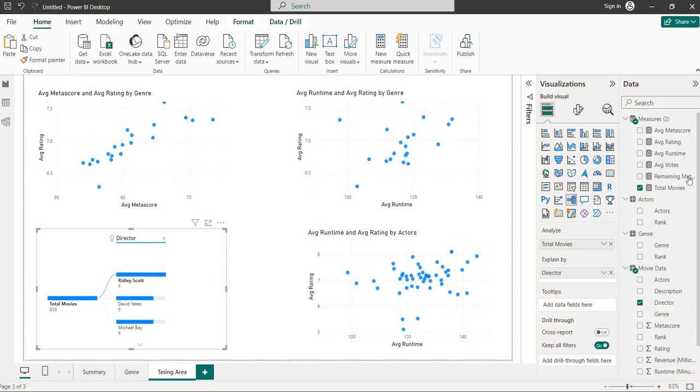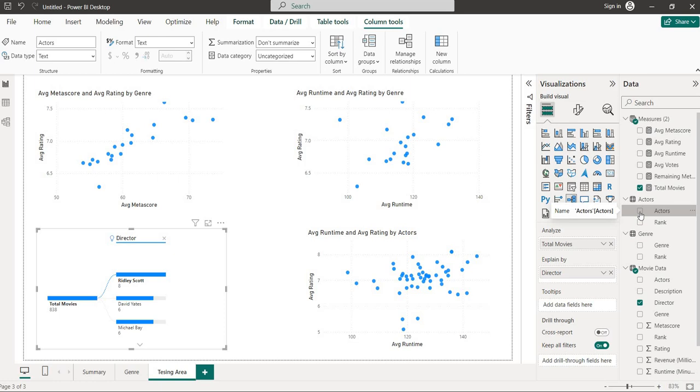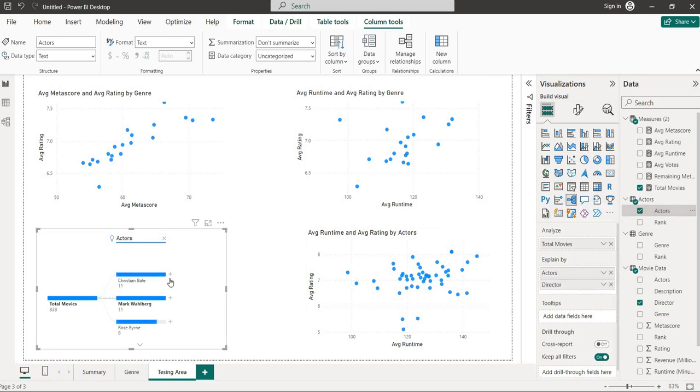Okay, now I will add actors also. Let's add the actors. Or instead of that, let's change the position.